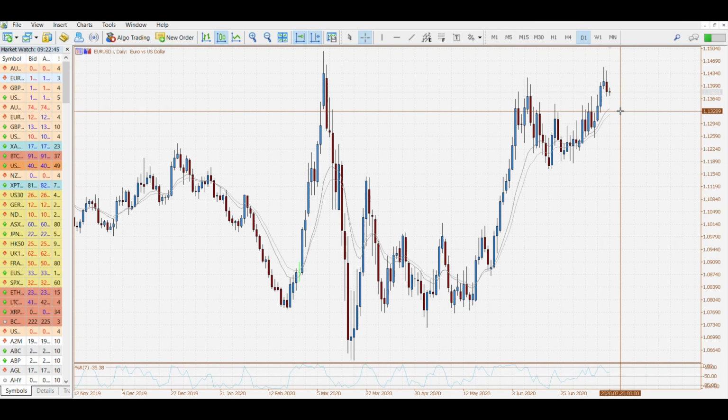So we'll just have to see if momentum does come back to the USD through today's European session, and then going into the London session. So that's it for now. Again, we don't have any high impact data coming out tonight,